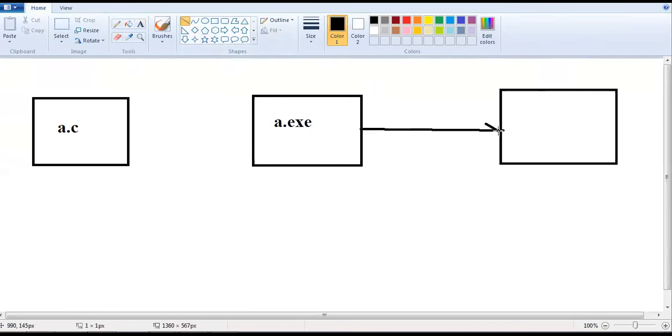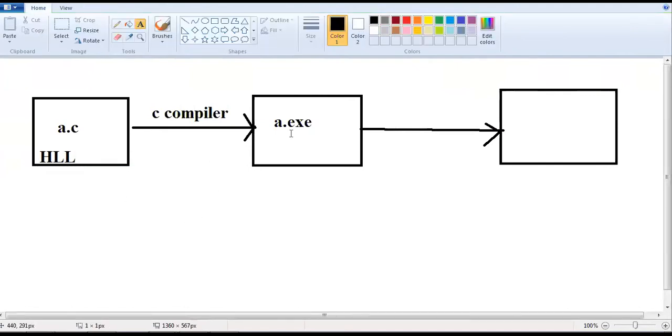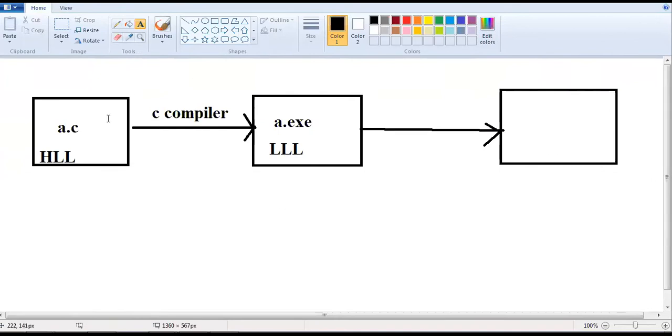Then the OS can understand it. This a.c is a high level language. The C compiler converts it to binary code. This is a high level language, and it is converted to a low level language. The C compiler directly converts it to binary code of a particular OS.